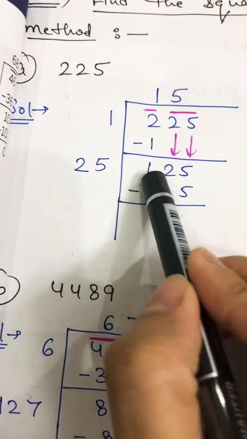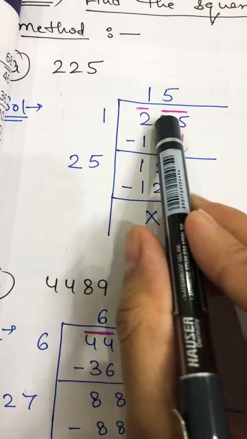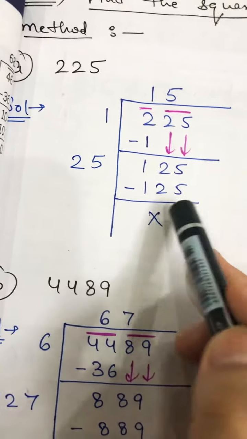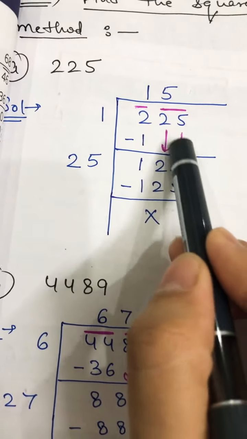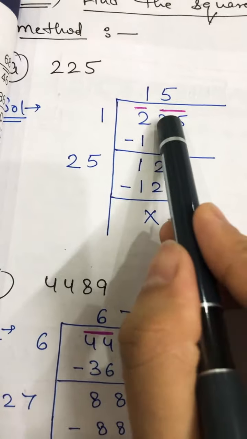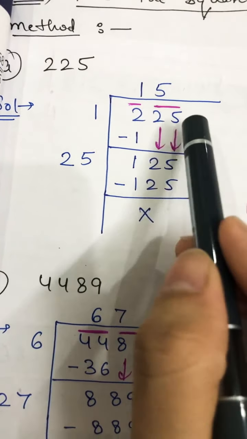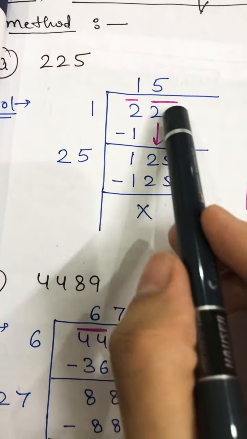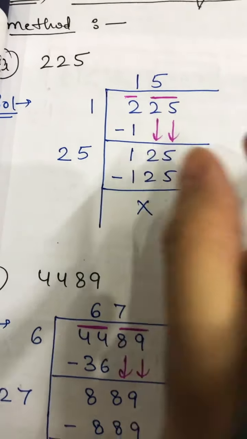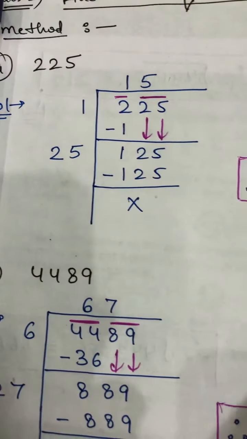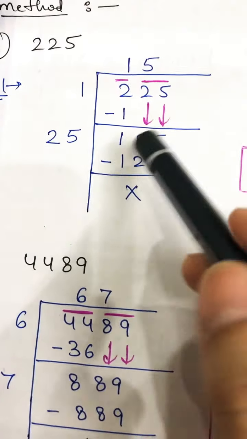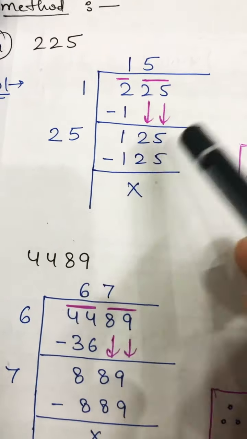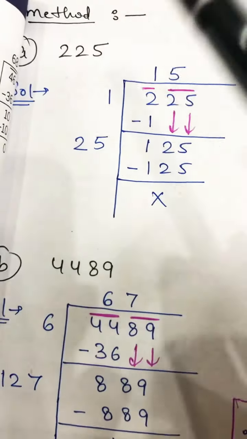Now 2 minus 1 is 1. Okay, now this is your next pair. So you have to take out 2 digits directly, because this is one pair. You will not take out a single digit. This is the basic purpose of placing a bar. Why are we placing a bar? Because you have to take two digits directly from the question. Now 2 minus 1 is 1, and now take out 2 and then 5. Now 125 is left. Now see your next step.